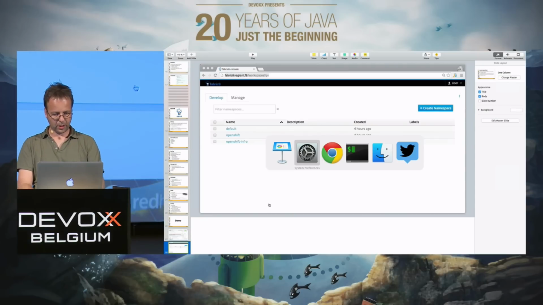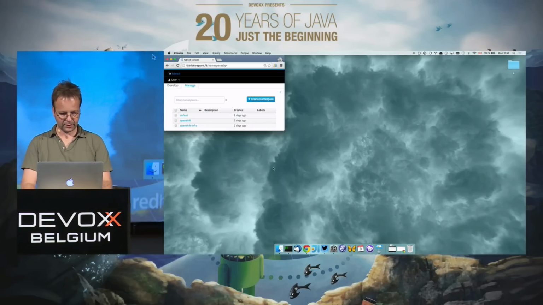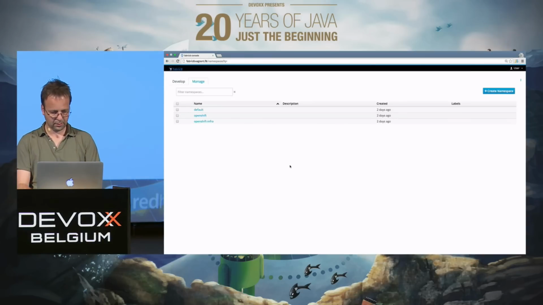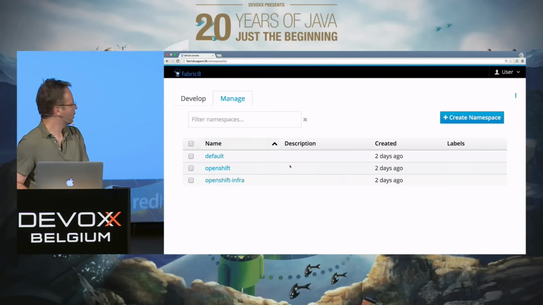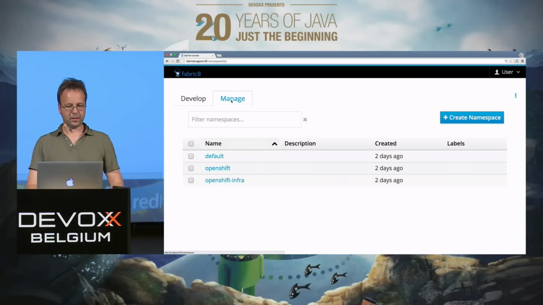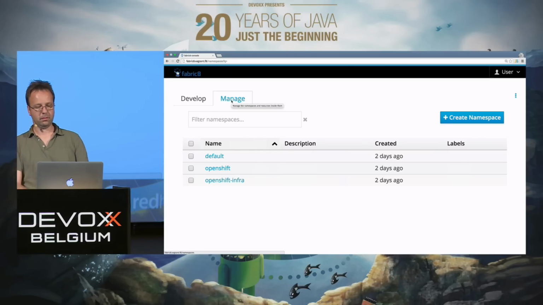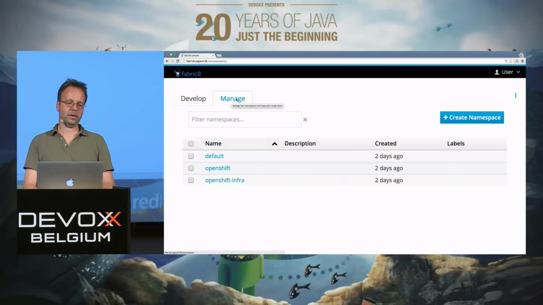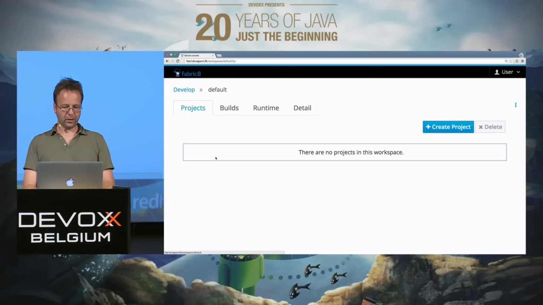What I now want to show you is this DevOps. So it's a little bit small. Okay. So what you see here is now this management console from fabric8. fabric8 distinguishes between several perspectives. So there's a management perspective to look at the running pods and Kubernetes objects, and there's a development perspective. What we want to do now is to create a new project.